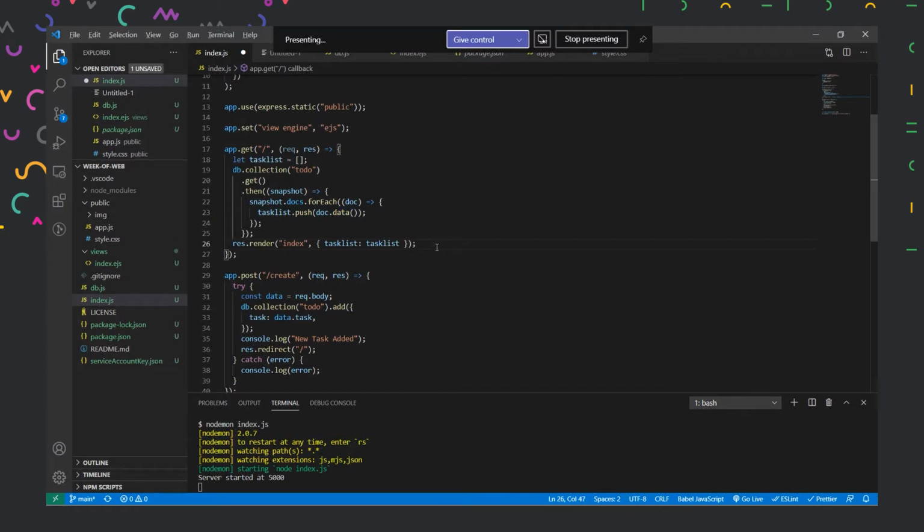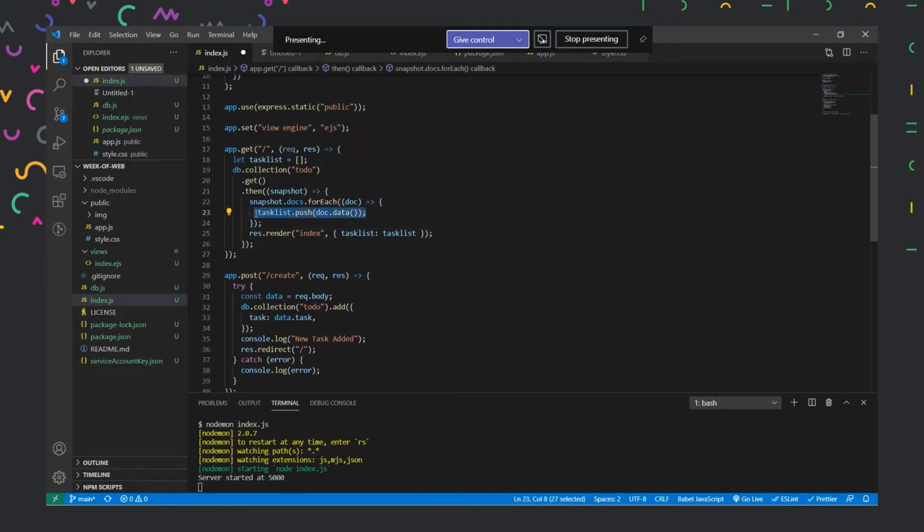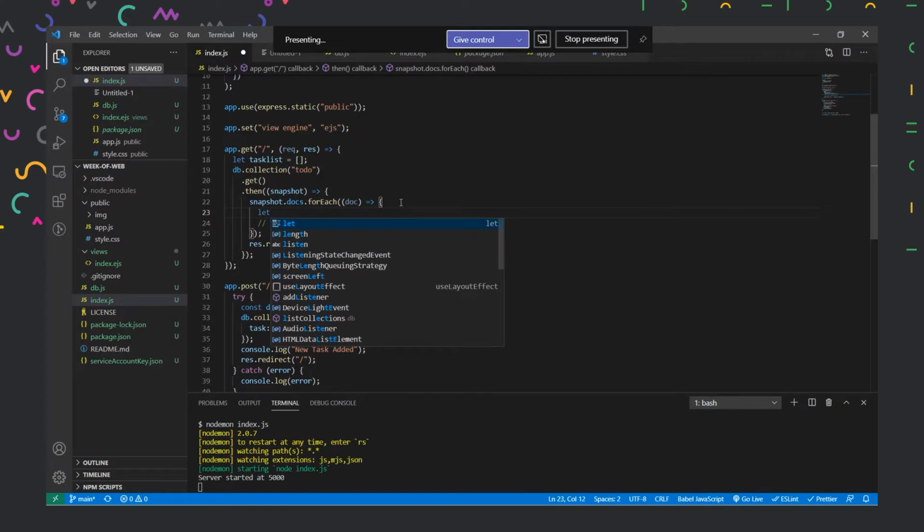Instead of rendering it here, I'll render it inside the .then method so that it's inside our scope and the scope is not lost. If it was over here, it would be out of the scope of the task list. This data will be inside this scope, but when it comes out, it won't be able to store the task list outside, because this scope has been lost. So we'll keep it inside the scope directly. Then inside the snapshot itself, we'll create an object. So let us comment this out, and then let us create an object now.